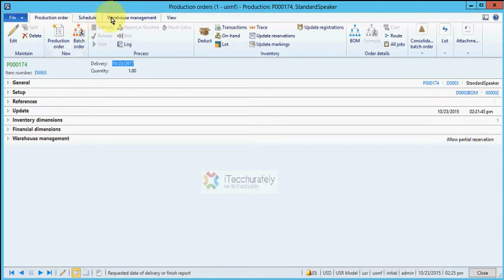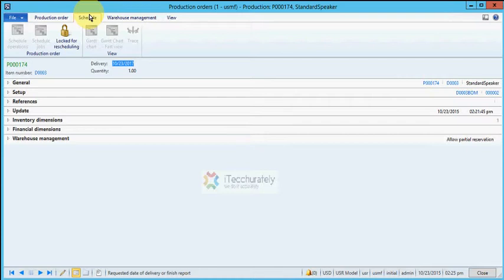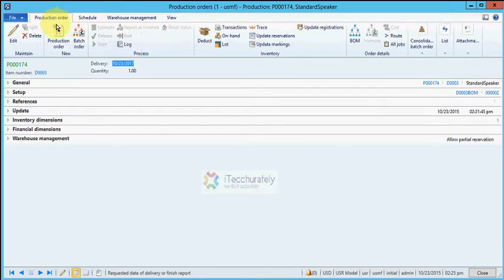There are also other activities related to warehouse management which we can define in another video. There are also things related to scheduling, which we will show you, with worker roster and other things.